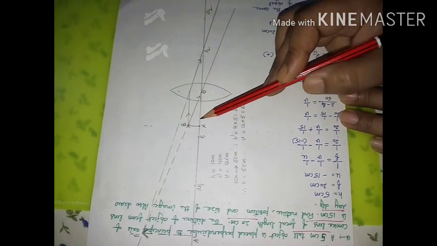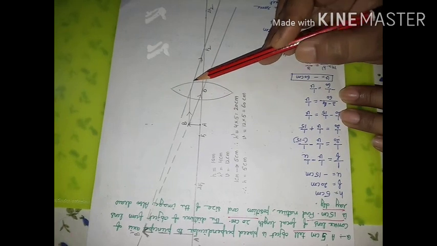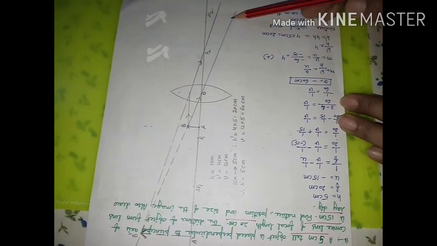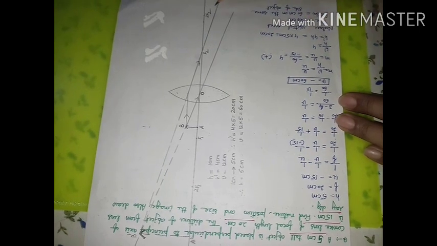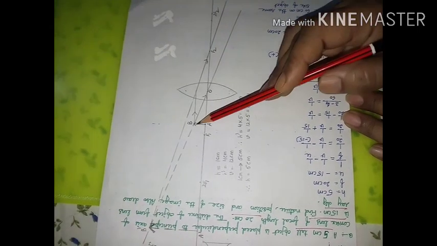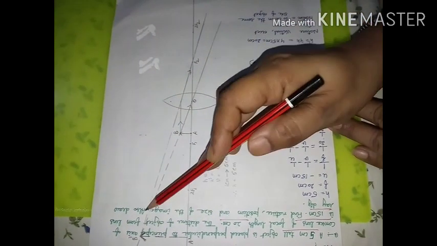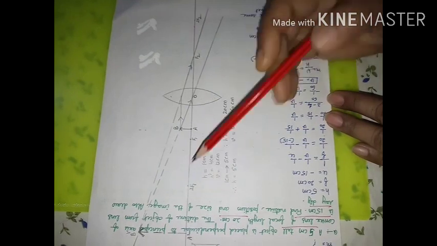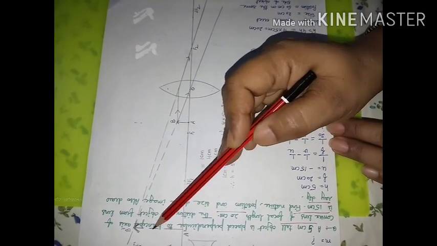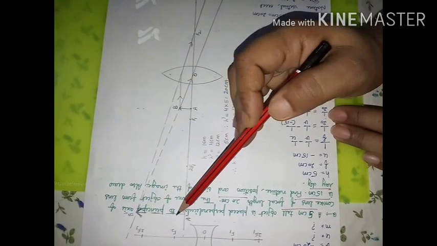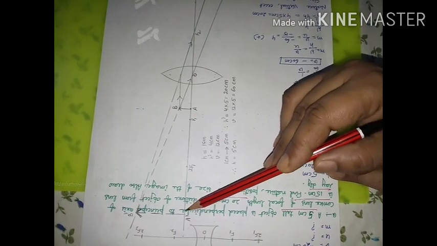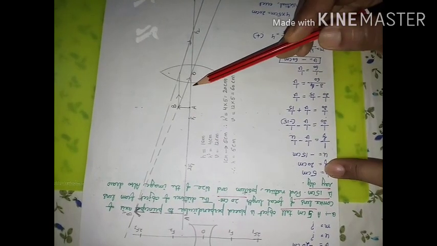One ray of light parallel to principal axis, after refraction it will pass through focus. Another ray of light passing through optical center will go undeviated. So there is no chance that they will meet each other on this side. So we produce them with the help of scale in backward direction, and at this point they are going to meet each other. This will give us idea about size of image, and distance between O and A dash will give us idea about distance of image.